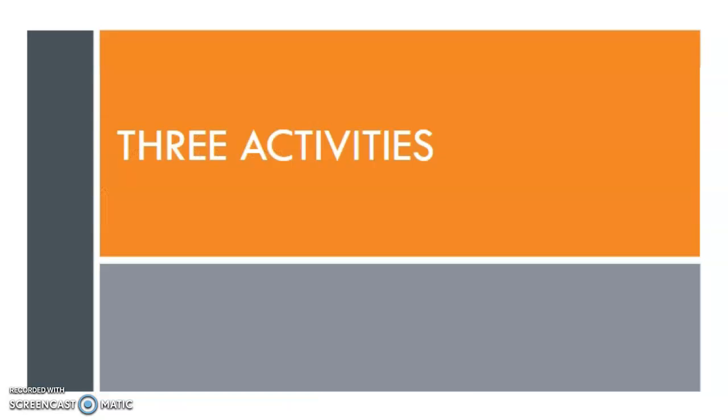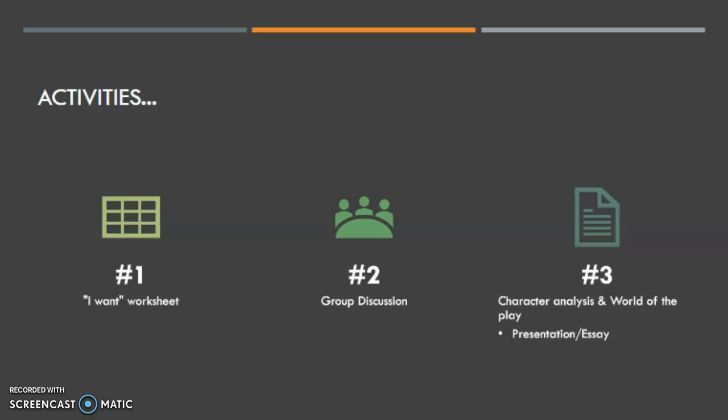So my 3 activities that I chose for this specific lesson, my students will be picking 1 script and 1 monologue, and then they will be doing these activities based on that. The first activity I have is the I Want worksheet, which we talked about previously. The second activity is group discussion, and the third activity is character analysis and the world of the play through